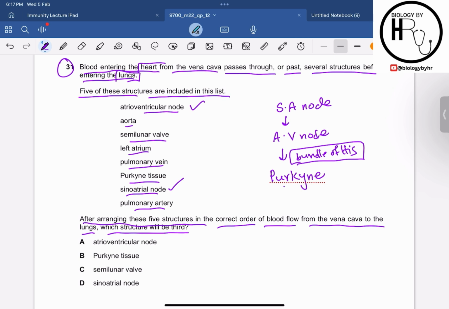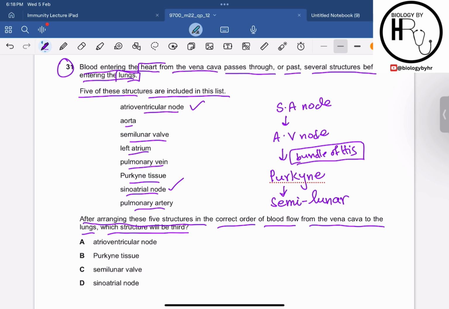After the Purkinje fibers, it would be the semilunar valve, I believe, because as the electrical impulse from the Purkinje fibers spreads along the ventricles and the ventricles contract, it will pass the blood to the semilunar valves, right? It will pass the blood to the semilunar valve, and after the semilunar valve